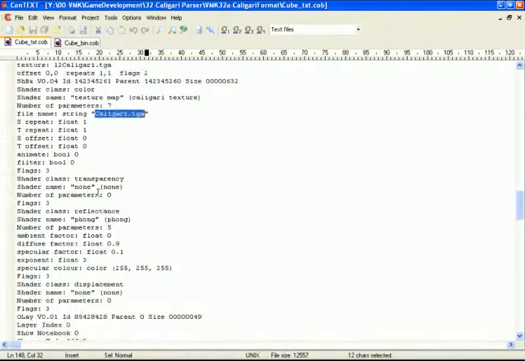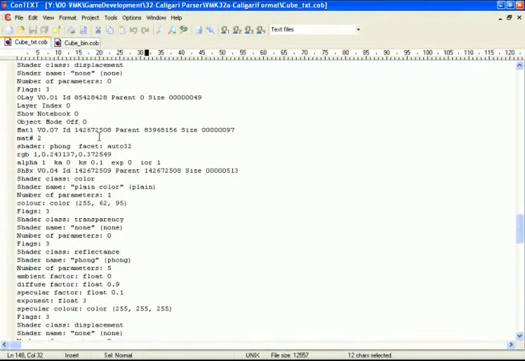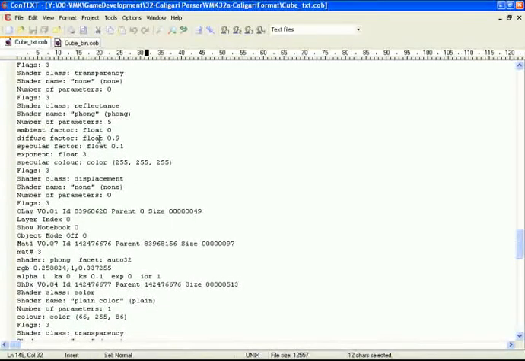So go through and try to reconstruct in your head what all this information is. Because what we're going to be doing is, in the parser, we're going to be taking all this information and putting it into C++ so then we can use it inside OpenGL. Once you're comfortable with how the information is stored inside of the text file, then start looking at the binary